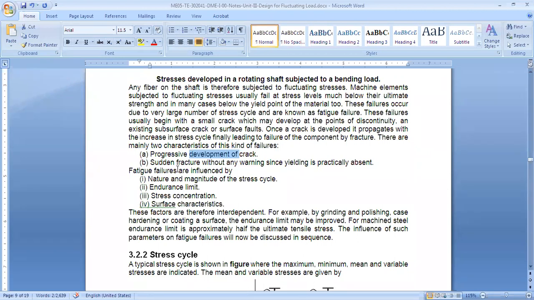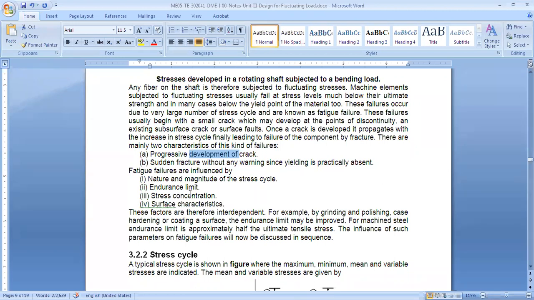Humans also go through fatigue. Fatigue means what? If you have continuous tension. When we say we have fatigue, that means for the whole day you did a lot of hard work, mental and physical. You will be stressed. You will be tired. That thing is called fatigue. So similarly, when the element undergoes tension and compression, it will be tired, and it will undergo fatigue failure.